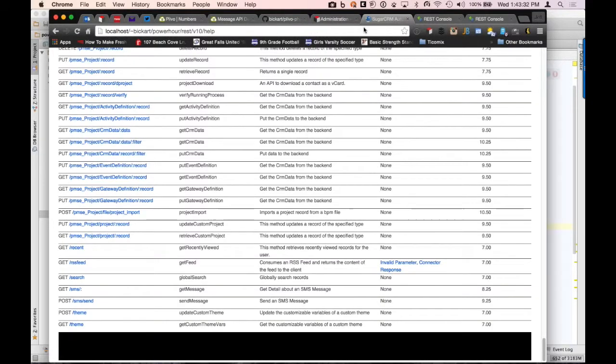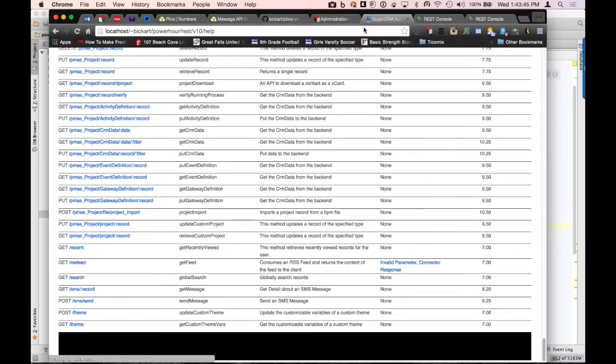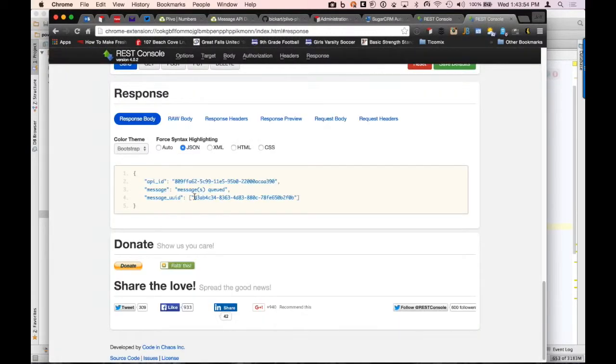All right, so let's go try this one more time. Part of this development right now is I am not writing anything back to the Sugar database. There's nothing that has occurred to Sugar. So now I have it set correctly. It's /SMS:record. So when I come back over here, I want to take this ID and